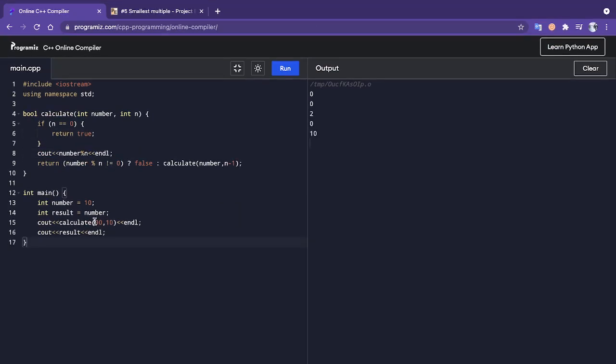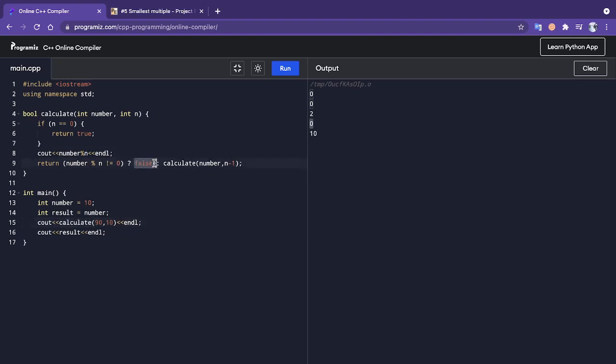Here you can see, in the case of 90 comma 10, in the first iteration the 90 percentage 10 is equal to 0, so it executed the right part. And in the second part, that is 9, again it returned 0, so it again executed the right part. And here now 90 comma 8. 90 comma 8 returns some value 2, so the whole function, this 0 is returned by the calculate function, this 0.